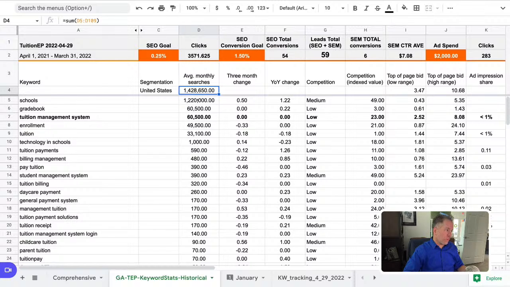Based on the overall search, let me get rid of the million, you're looking at around 521 clicks organically, not paid. We'll get to paid in a second. So I'm going to put that back in there just so the numbers are a little more fun. If we convert 1.5% of that traffic, which I would say is a little high, but it's still healthy, we would look at around 54 SEO total conversions,